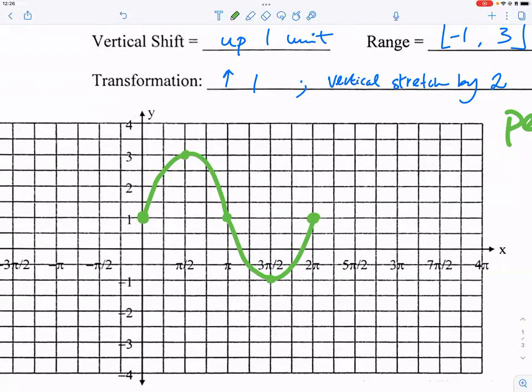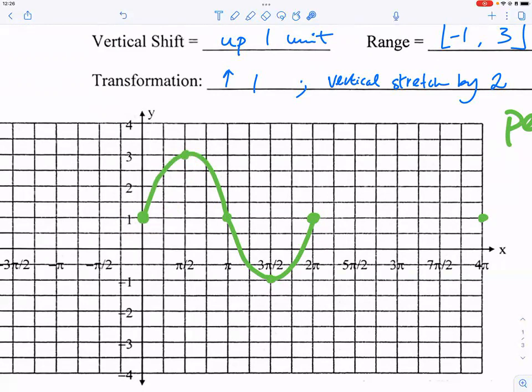Once you have the first wave, then all you need to do is to replicate it. Replicate the graph. So now there are multiple ways to do this. You can say, all right, I'm just going to repeat the same process again. You could. Or the other way you can think about this is, well, what you can see here, it's every